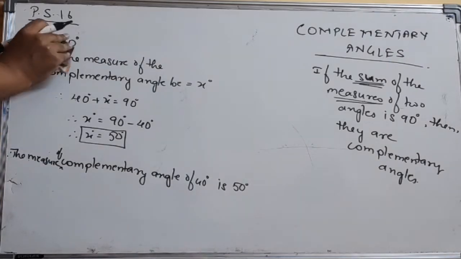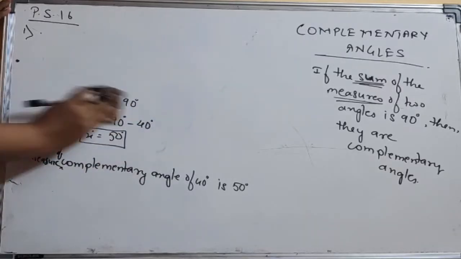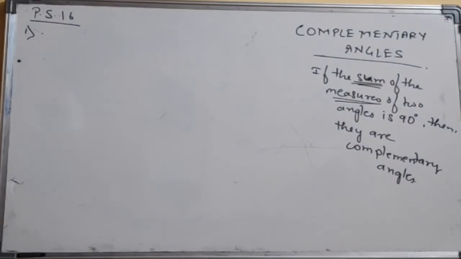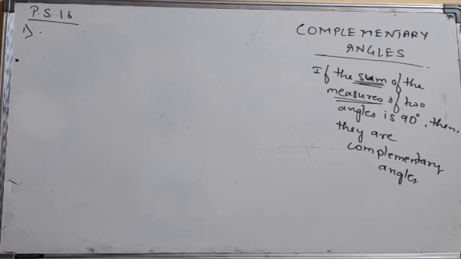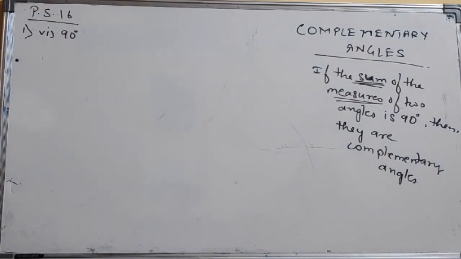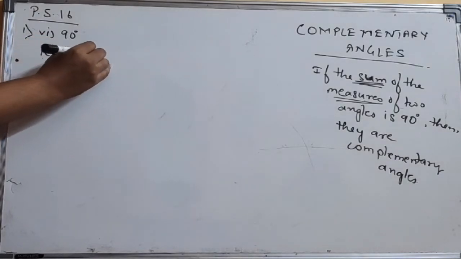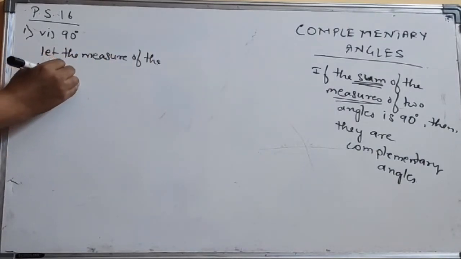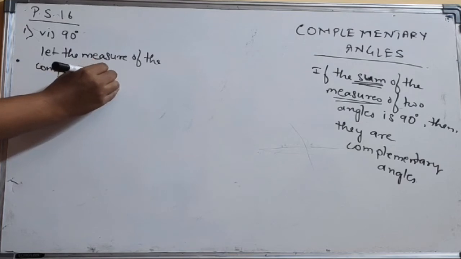Okay students, now let us solve sum number 6 and 7. Okay, sum number 6 and sum number 7. Sum number 6, you have got 90 degrees. Okay, so one of the measures is 90. Let us find what is the measure of the complementary angle of 90 degrees. We are going to say, let the measure of the complementary angle